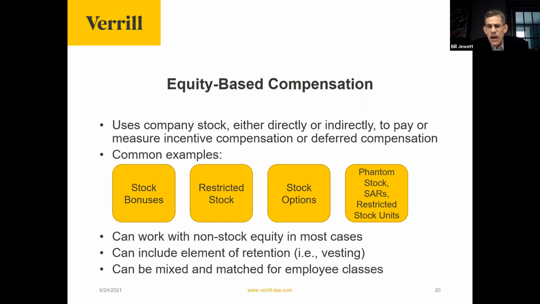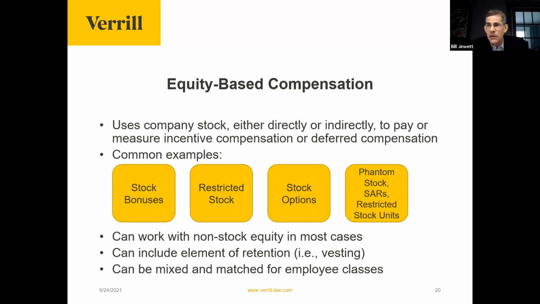And these types of equity-based compensation can work also with companies that don't issue stock, so LLCs or partnerships. You can have LLC unit bonuses or restricted unit programs, or even stock options that are really unit options where you have a right to purchase LLC units in the future.